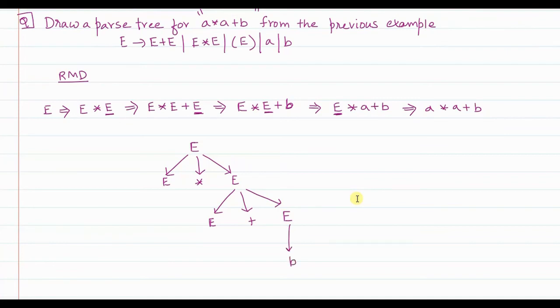Correct? So that's how you get term B and plus. Now this is the next rightmost element. This is the next rightmost element that you replaced with A. So this E you will replace with A, and then finally this E remains, which is the last, the leftmost element, which will be replaced with A. So this E finally, lastly gets replaced with A. So this is basically the parse tree for the rightmost derivation. Correct?